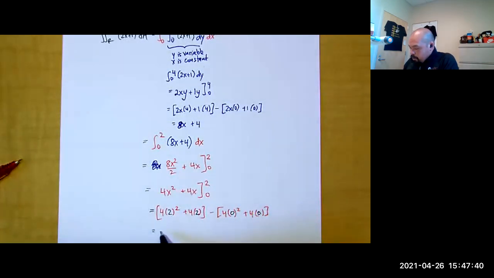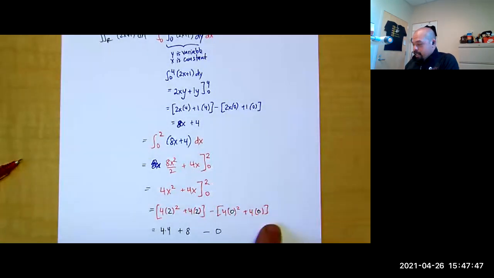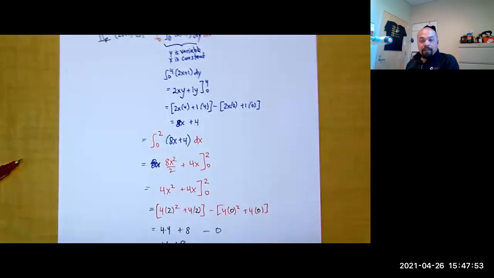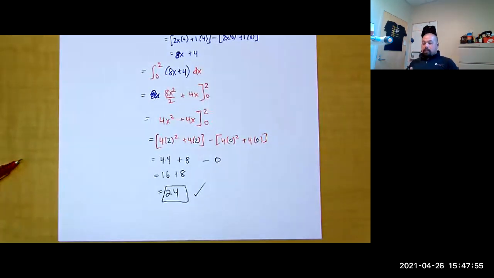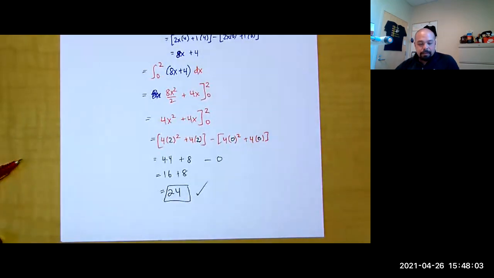And what are we going to get? 4 times 4 plus 8 minus 0. 16 plus 8. And look at that, 24, the same exact result. Right? So regardless of which variable we choose to integrate with respect to first or second, we'll get the same final answer no matter what. Okay? And it's just up to you